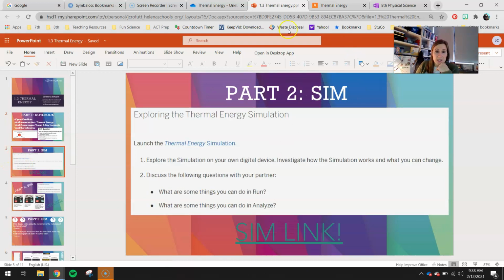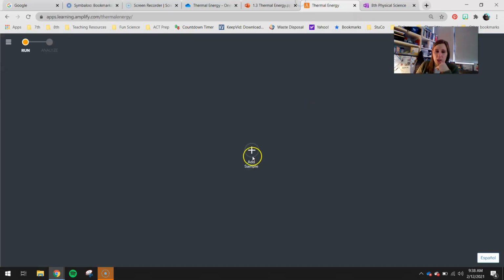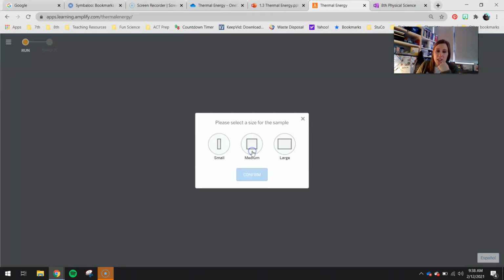Moving on to part 2 is a little sim exploration. So I want you guys to take about 3 to 5 minutes to explore the sim. Your link is right here. If you right-click it and hit open link, it should pop up for you guys. You might have to log in based on where you're at. But you basically can see you have some things that looks like it's pretty simple, but once you guys get into it, you'll see different things that you can do,